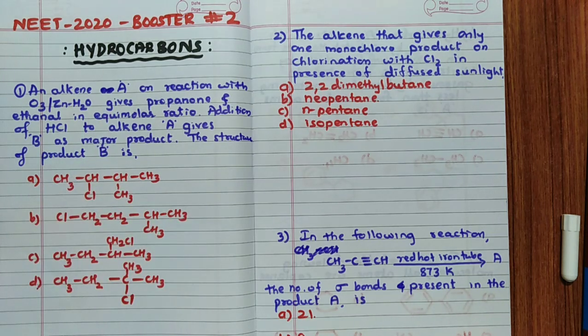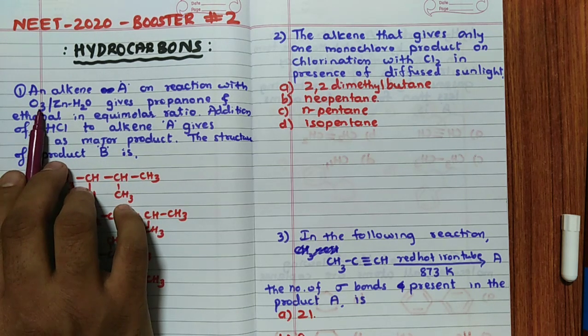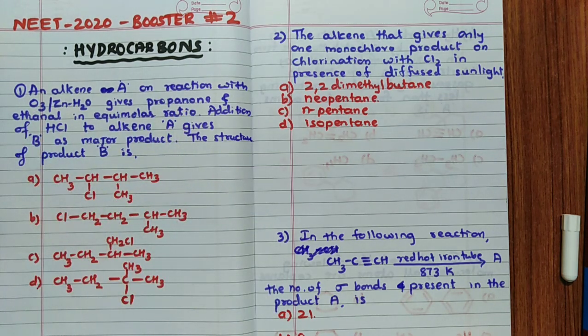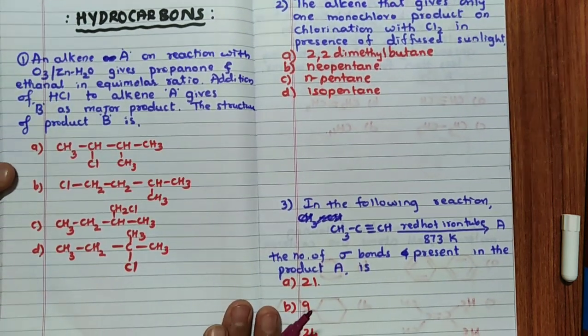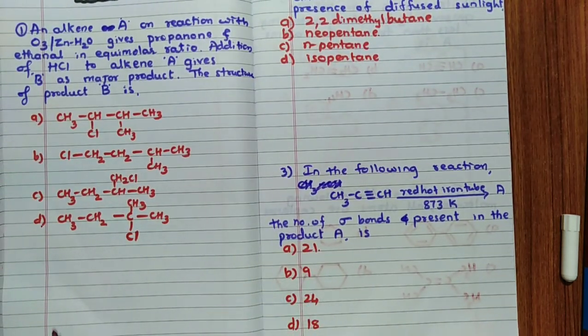So which is the alkene, that you have to know first. To know that, remember what they have given. They have given one hint that on ozonolysis it gives propanone and ethanol. In my hydrocarbon KCET 2020 final punch series, I have explained this in detail. If you have not seen it, please go there and see that. So ozonolysis gives the product, means how to write the alkene, I will tell you.